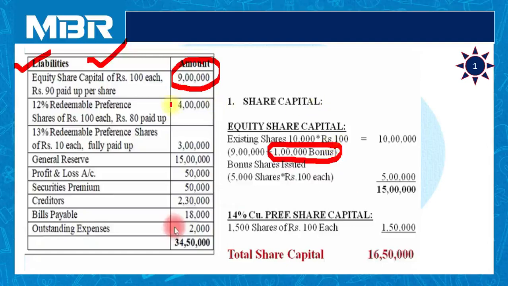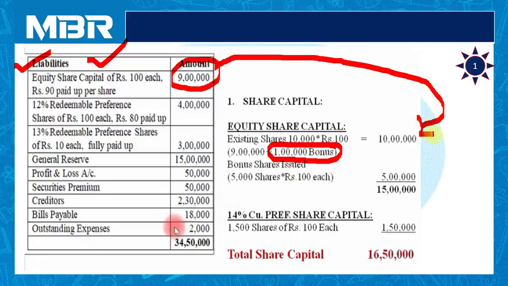So these equity shares are now not referred to as partly paid up but fully paid up. 9 lakhs rupees already given to us in the balance sheet plus rupees 1 lakh declared by the company as bonus in order to convert these partly paid up shares into fully paid up. So equity share capital is rupees 10 lakhs. Again recall step number 6. The company has declared bonus shares.